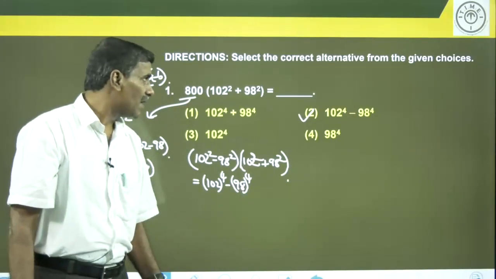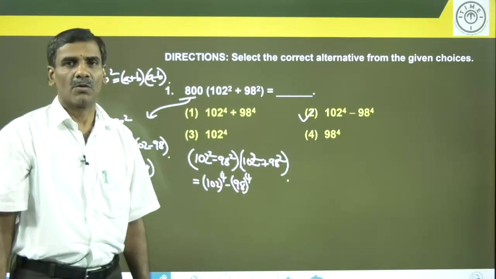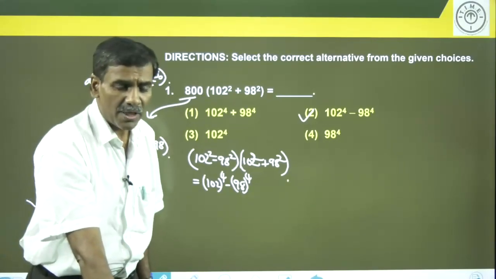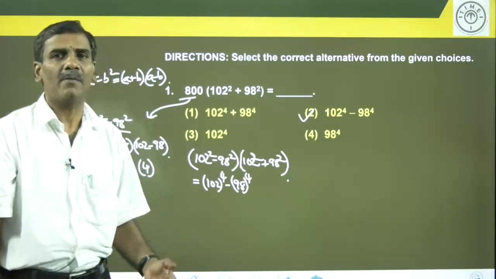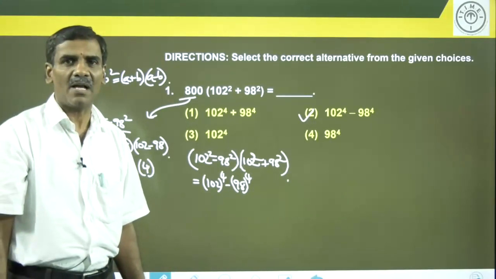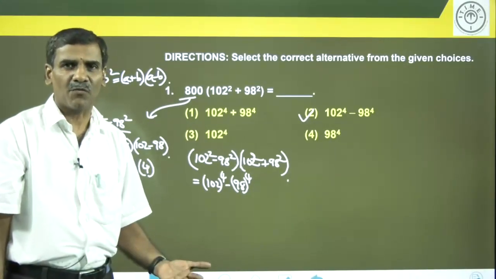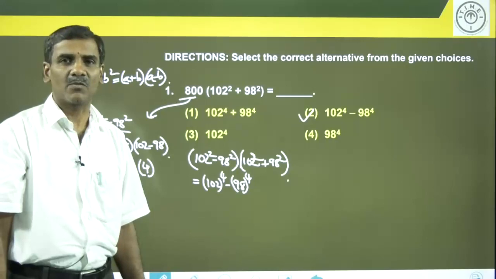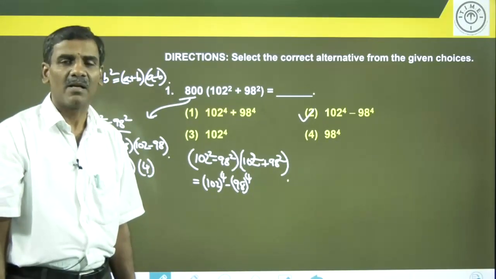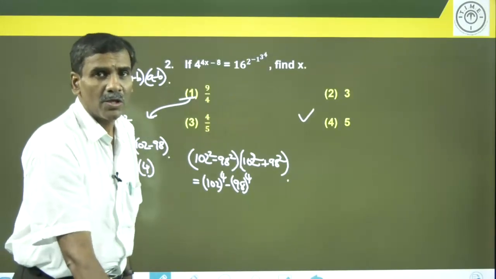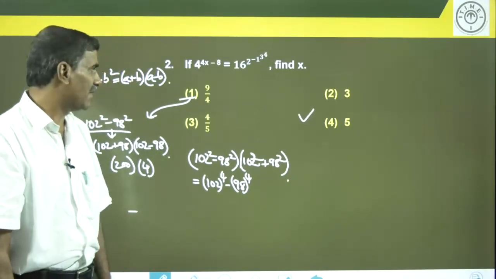So in that way we can simplify this particular question. We don't require any specific knowledge for answering it. Only one small point: if you know that a square minus b square is a plus b into a minus b, and a power 4 minus b power 4 is nothing but a square plus b square into a square minus b square, we can answer this question. So let's look at one more question that was given on